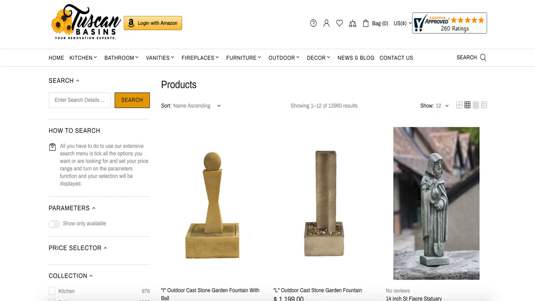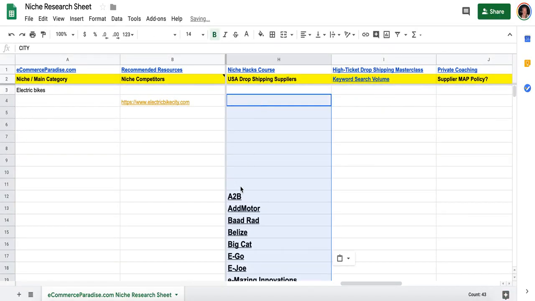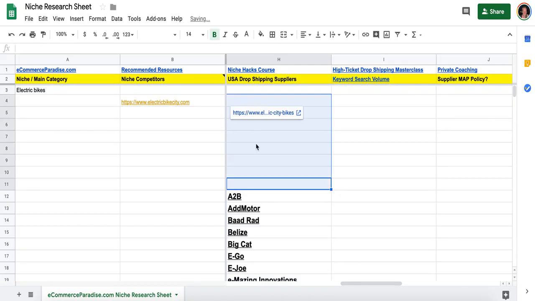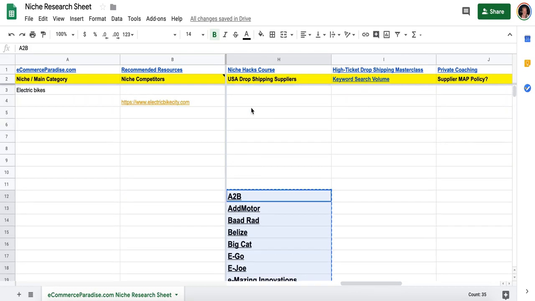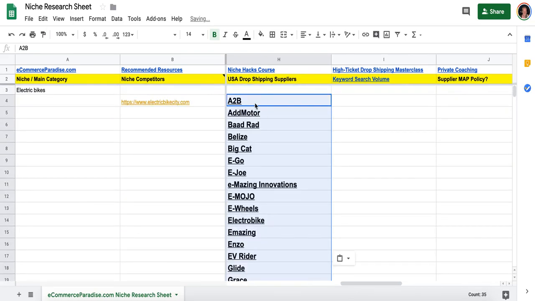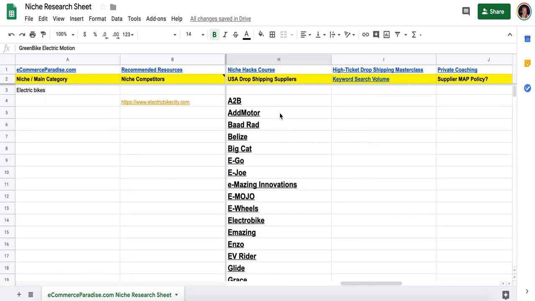But with that said, let's go back to the niche site, and now I go to this drop-down menu, I hit paste, and I can delete the first few boxes, go down to the bottom here, cut, paste, and now I have a list of all the brands that this store is selling, which is awesome. So like I said, in future lessons, I'm going to show you how to find their actual contact info so you can recruit them. But for now, we're going to move forward and actually research some of these brands before we contact them,